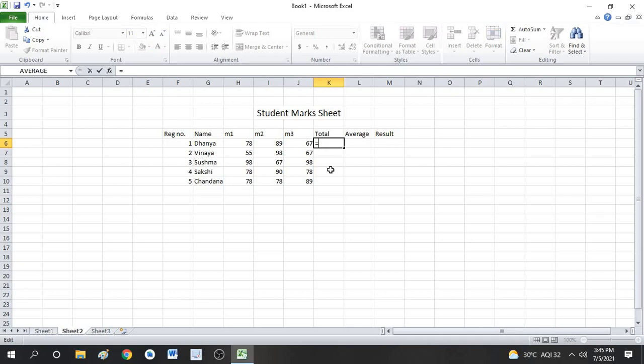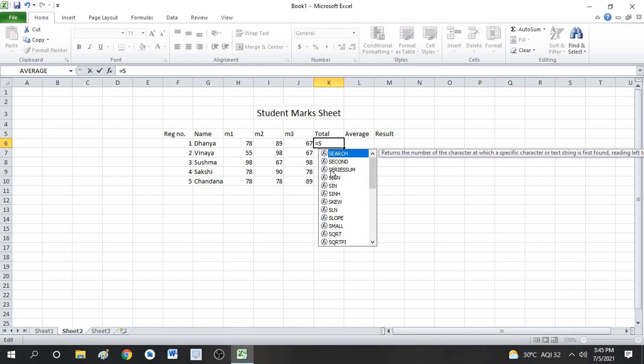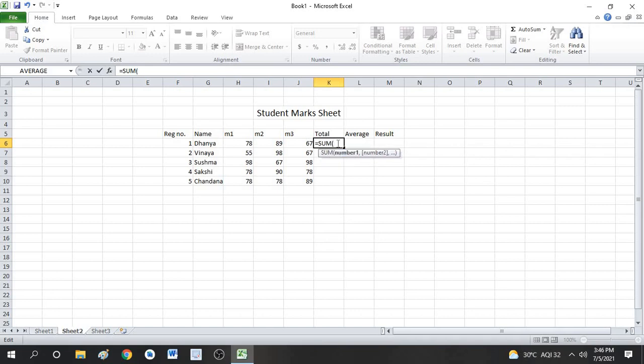Equals sum. So since I am doing the summation total, I am using the formula sum. Open the bracket. Then I want the marks. I want the 3 marks, that is M1, M2 and M3. For that I have two options.